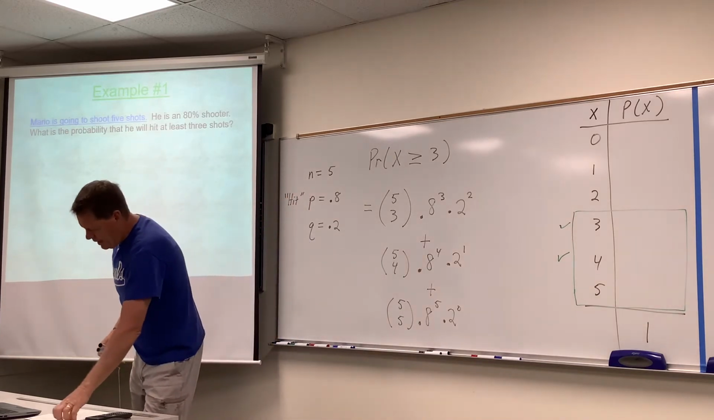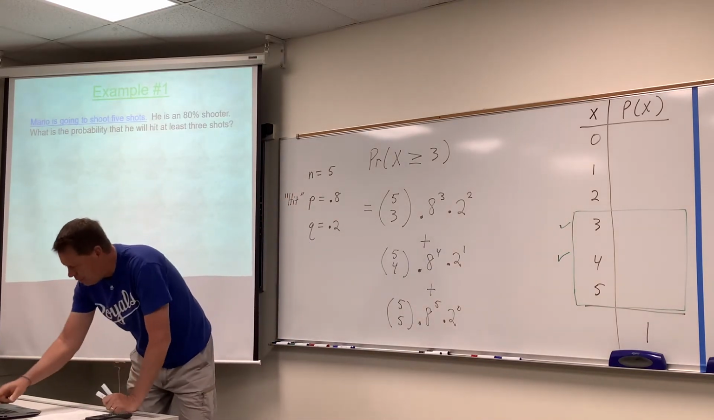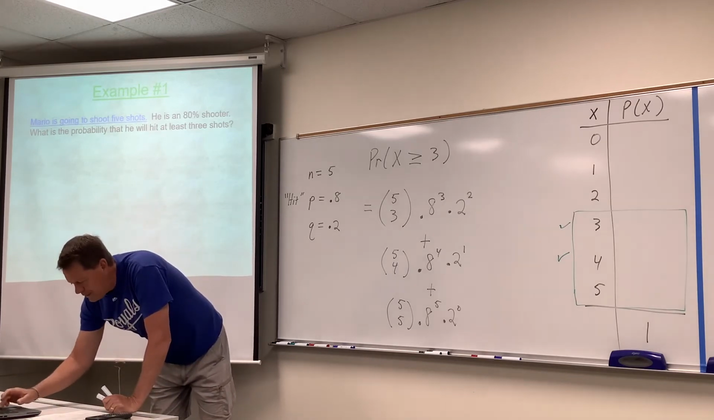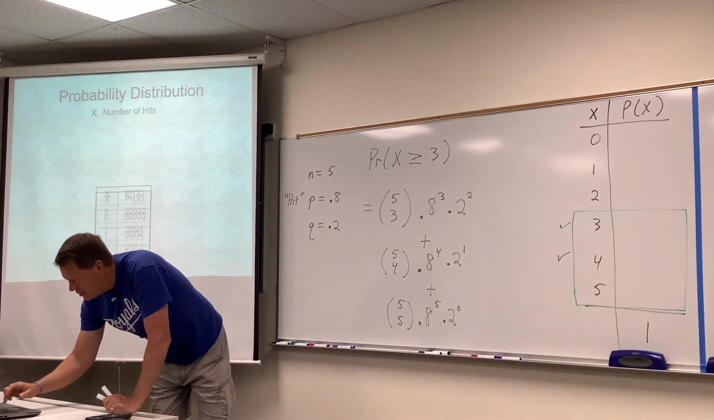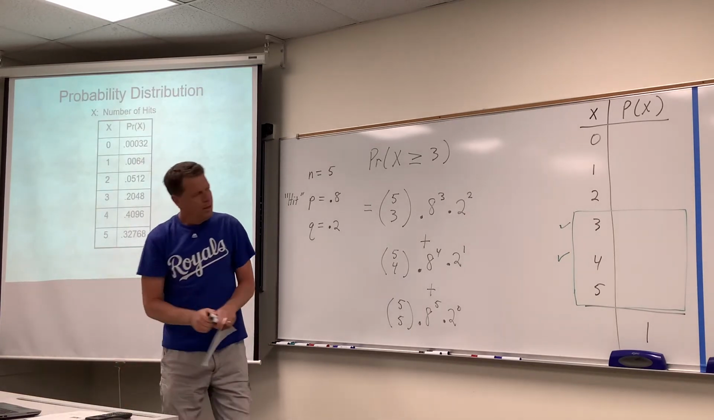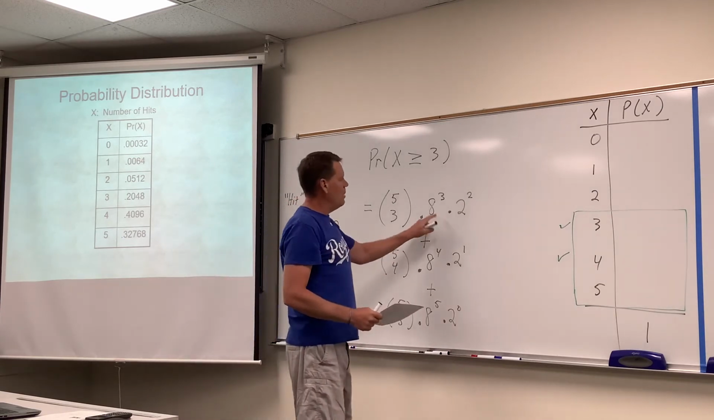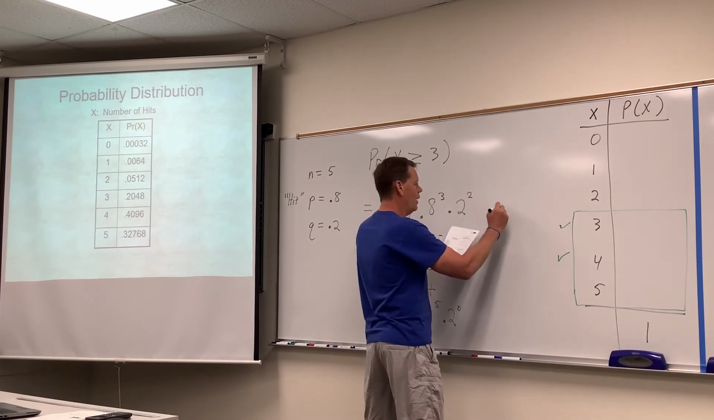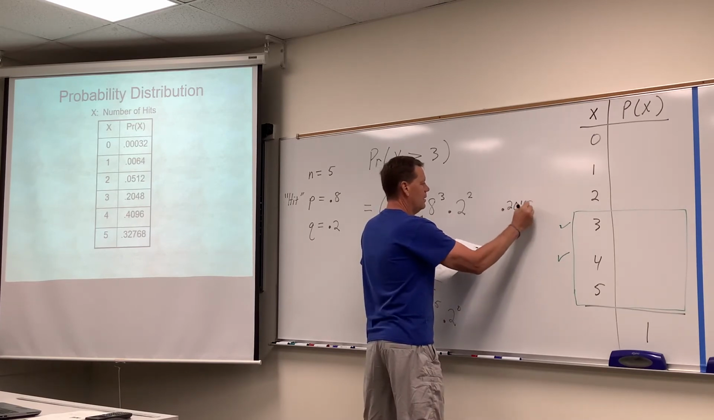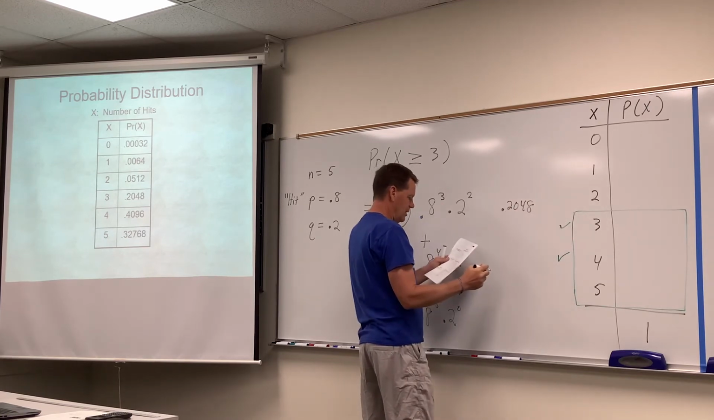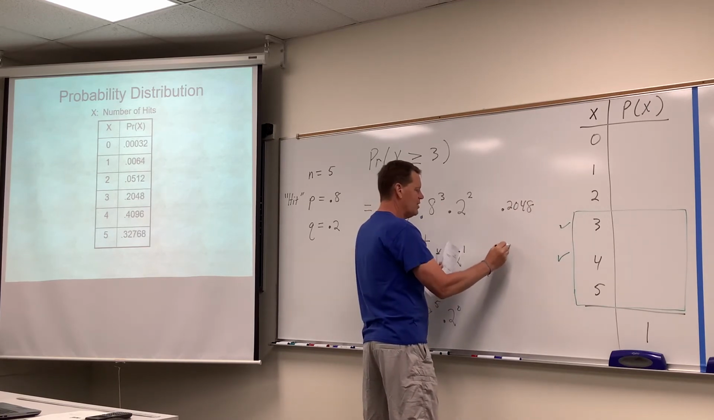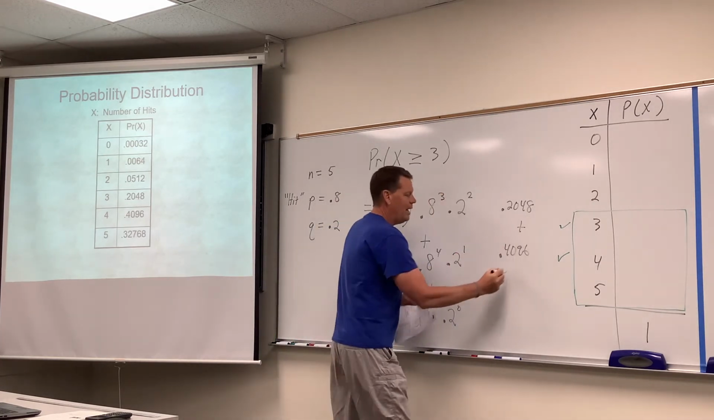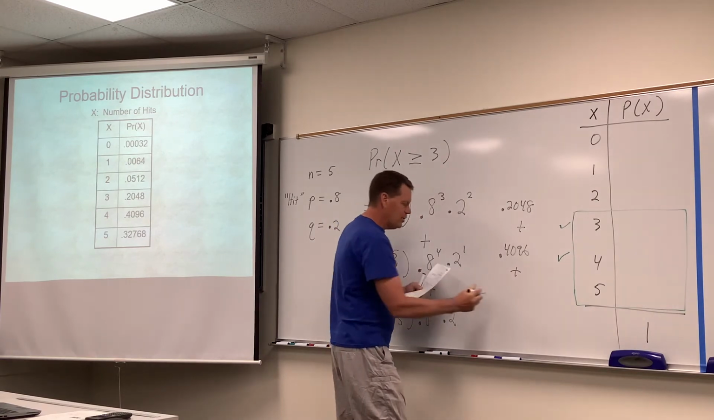So we did this, as I mentioned. This is an old example, and we're going to use it to bridge into the new concept here. As a matter of fact, we did the entire probability distribution back on assignment number 15. But this probability right here turns out to be 0.2048. That's the probability of hitting 3 of those shots. And then 0.4096 is the probability of hitting 4 shots. And remember, we add these. And then the probability of hitting all 5 shots turns out to be